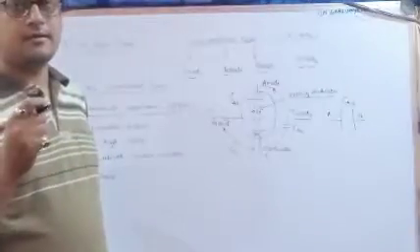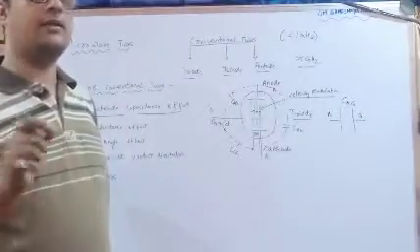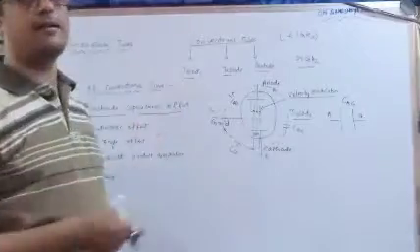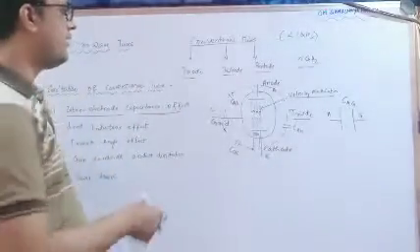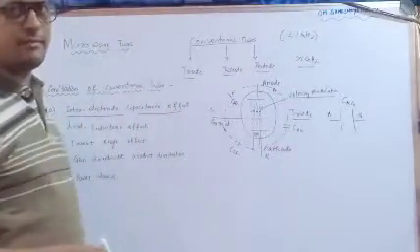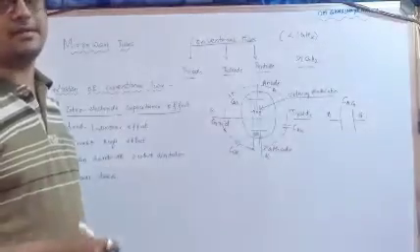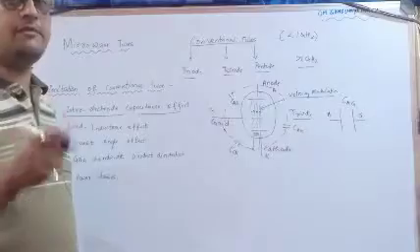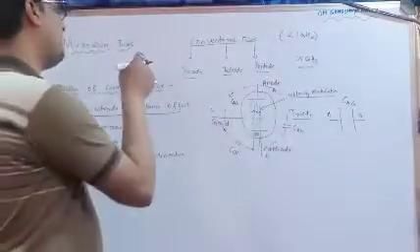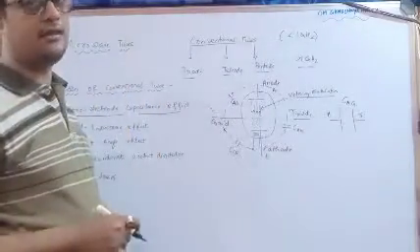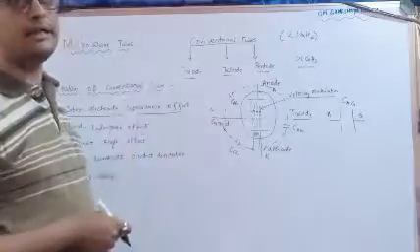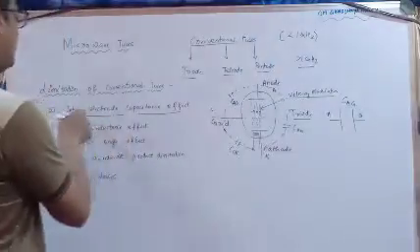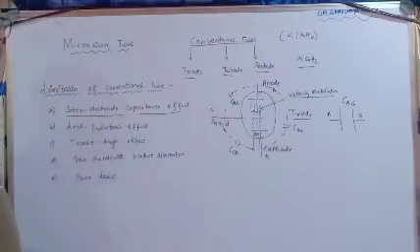I have considered only the triode. You can consider tetrode and pentode also. Okay, so the working principle is the same. First we need to identify this capacitance. This will help us give a certain justification why we cannot use this conventional tube above 1 gigahertz. Okay, so this is first the inter-electrode capacitance effect.